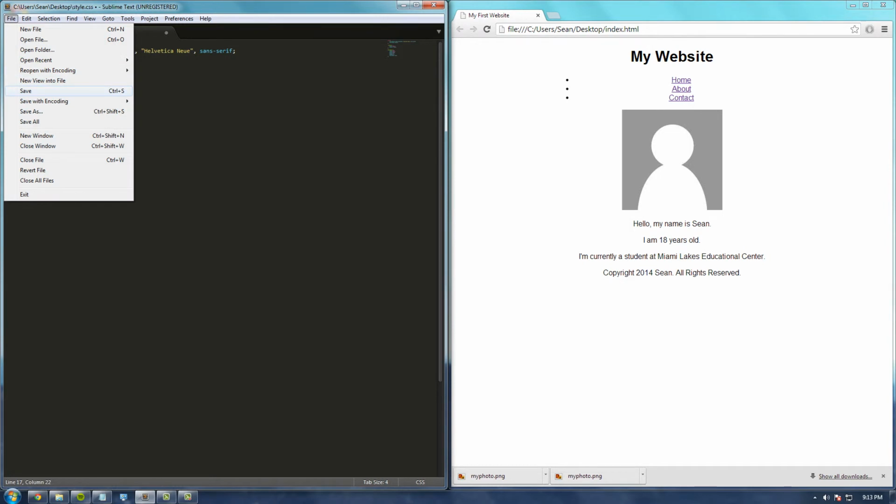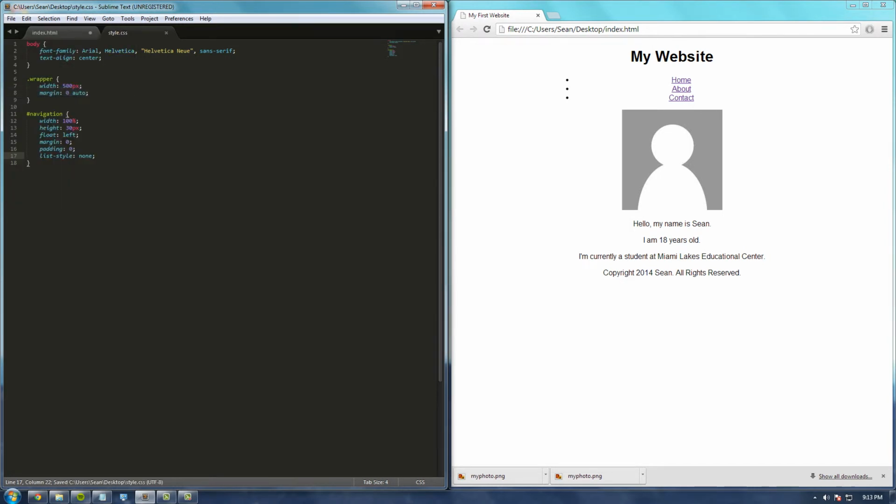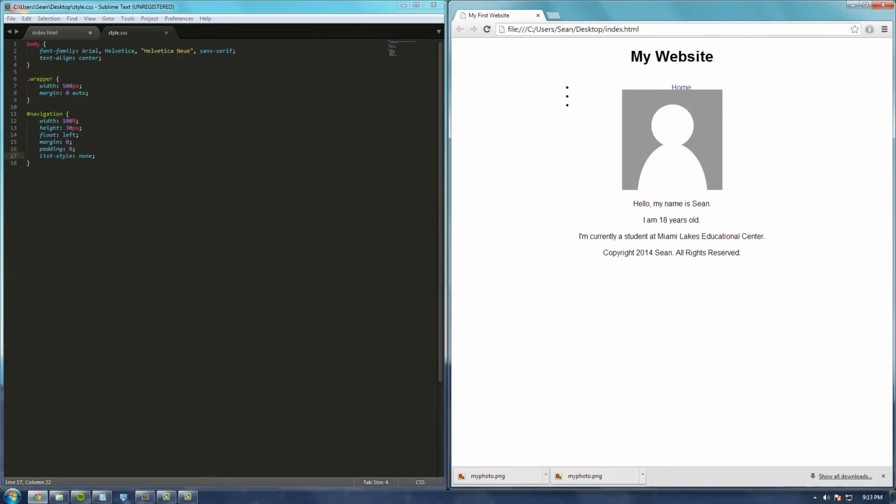List style is basically how the list is styled, and that has to do with the bullets and whatnot. So although they might not disappear, oh, the text disappeared. Well, anyway, we're gonna fix this. It's behind the image right now, but yeah. So let's go ahead and move on to the navigation